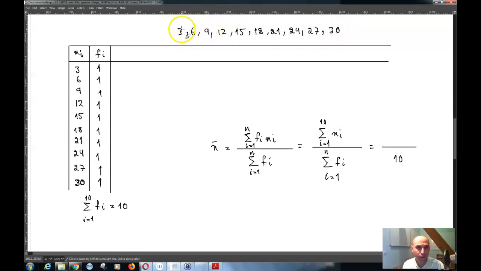As you can see, the numbers are 3 plus 3 is 6, 6 plus 3 is 9, 9 plus 3 is 12, plus 3, and so on and so forth. So that means that we said that in an arithmetic progression,